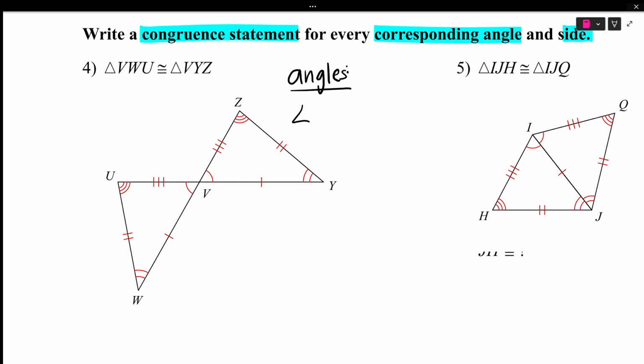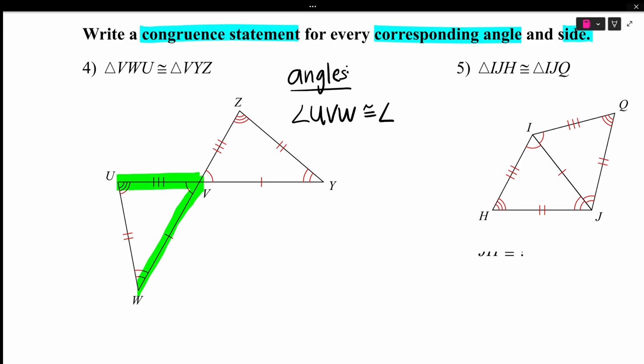We're going to include these other points on the triangle to specify which angle we are talking about. So we're going to say angle UVW, right? If we say UVW, then it includes the other points, and that means we're talking about this angle right here, okay? So we're going to say angle UVW